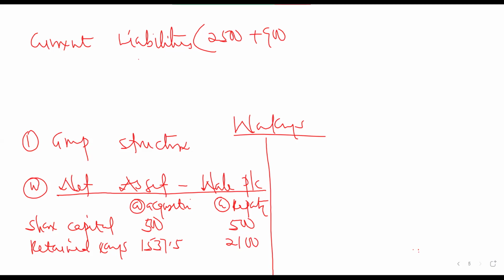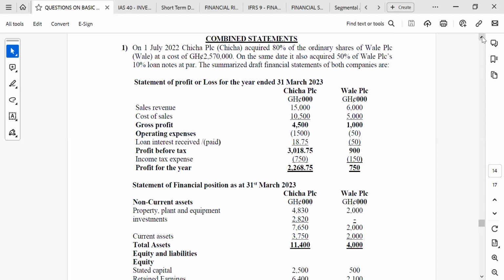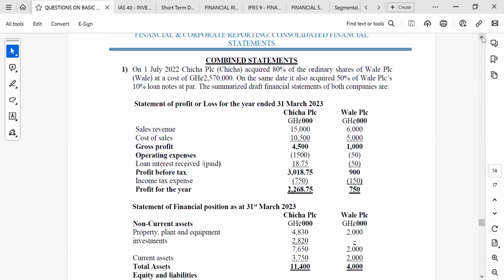So let's just read the footnotes now. Let's read from the top there. On 1st July 2022, Shisha PLC acquired 80% of the ordinary shares of Wale PLC at a cost of 2,570. Okay, on the same date, it also acquired 50% of Wale PLC's